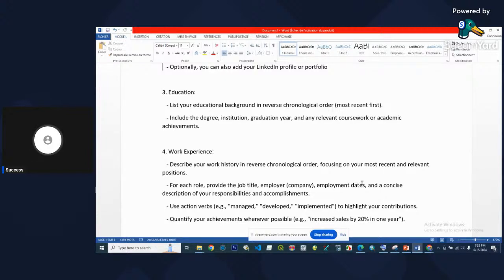Now, even if you didn't have all A's, probably before writing the GCE you were the best student in your class. Strike it there that you completed your education as the best student in your class, or maybe the best student in your school. You just need to know how to fine tune it, right? But know that you have to start with your degree. Let's say you have a master's or a PhD, you start with the most important. Your degree, let's say your bachelor's, maybe you have an HND. So you mention it.